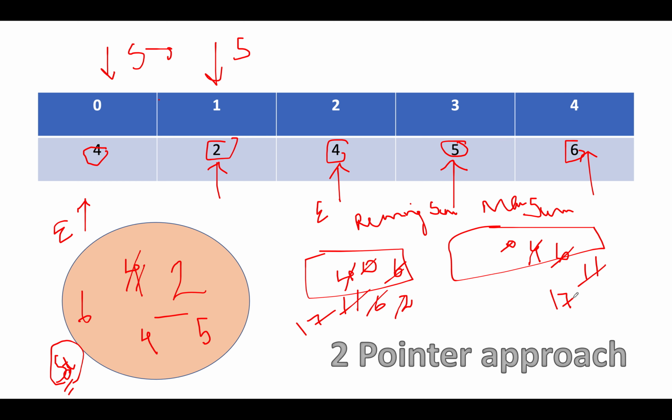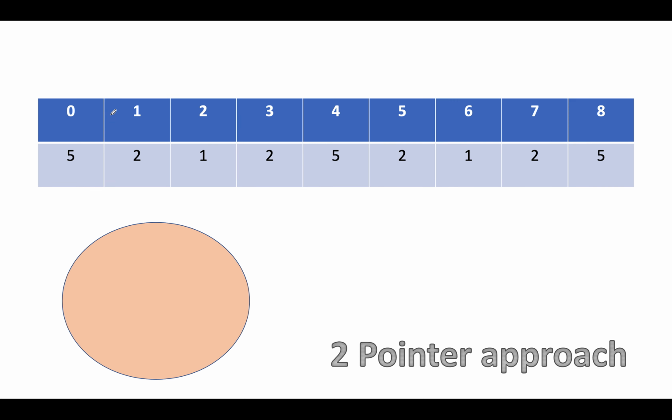Remember, we are doing two things here. Whenever the end pointer is getting incremented, we are adding that element into the set. First, we are updating the running sum variable, and then we are doing the comparison for max sum. Whether running sum is greater than the max sum, we'll update the max sum. Whenever we are moving the start pointer ahead, we are removing that element from the set. So this is the removal, and this ending was the addition. Also, along with the removal, we are reducing the running sum variable by the same value that is held at the current index. So let's try and understand the approach with another example as well.